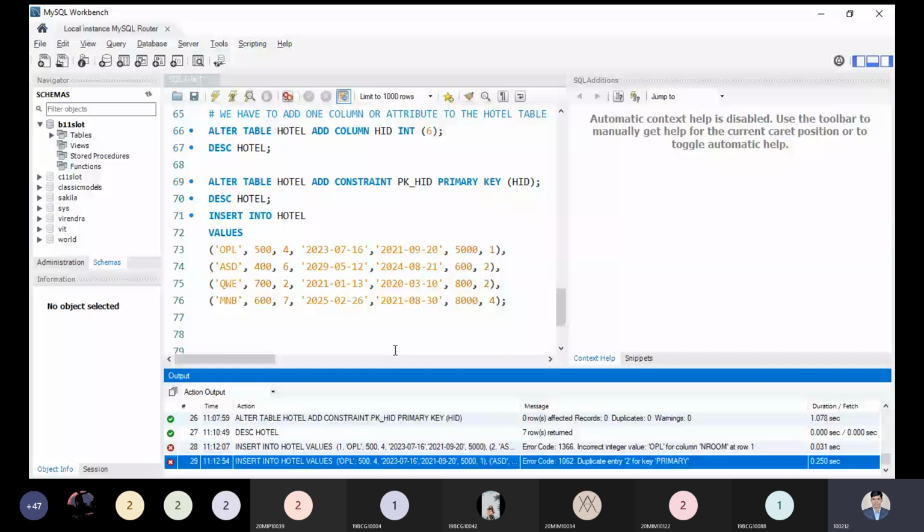So lots of the data can be the same. But how to distinguish all this? The hotel ID is the ID. Just like in the example of students: student name we know, unfortunately father name is also the same, and the city they belong to is also the same, same country, India, and they're also taking admission in the same course. But how to distinguish these two students? By their IDs only. That is the reason their IDs should be unique.